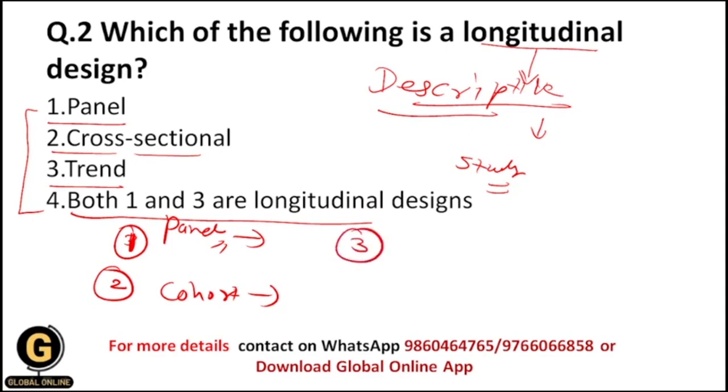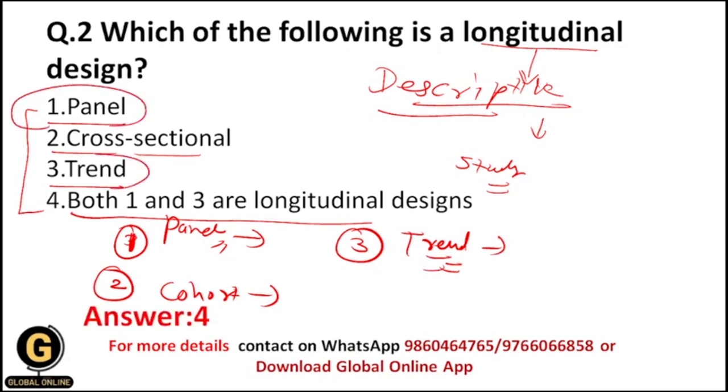Okay. And now the third study design is trend study design. Okay. So in this we focus on the same population of people, using opinion poll surveys to look at their attitudes over time. So basically we provide the polls. Okay. And from the polls we get the opinions from the participants at a specific amount of time or over a period of time from the same population. Okay, that is nothing but the trend study, and that's why your correct answer should be 4, because here panel study and trend study both are types of longitudinal designs,